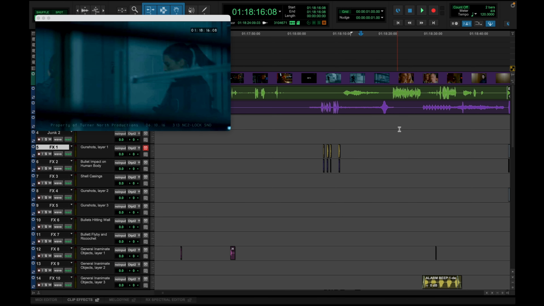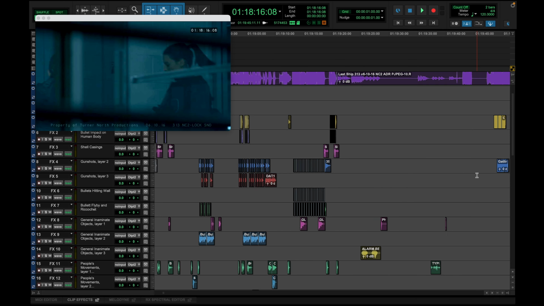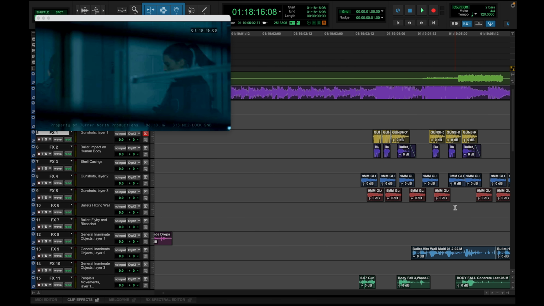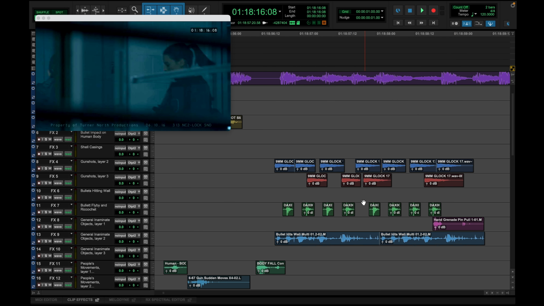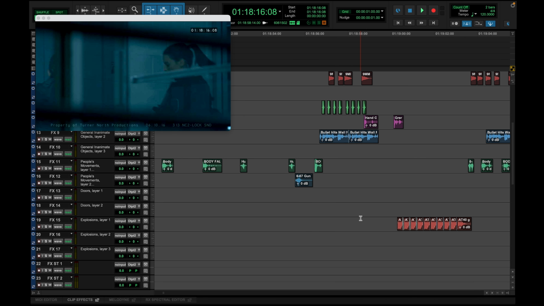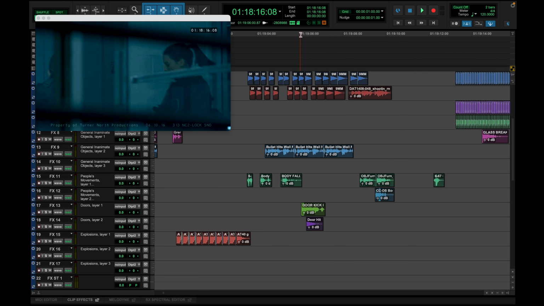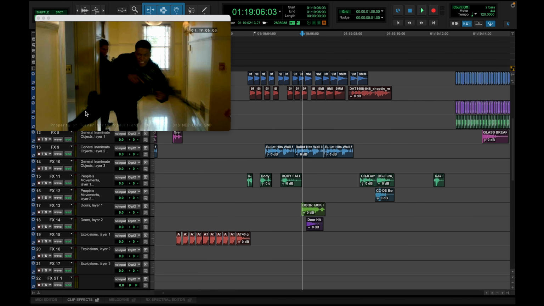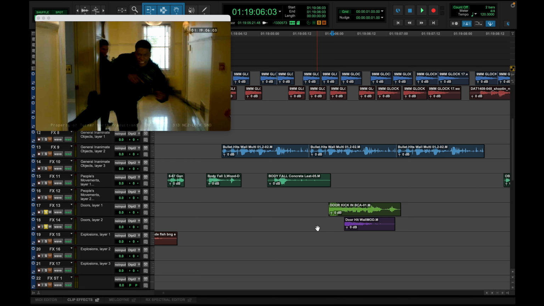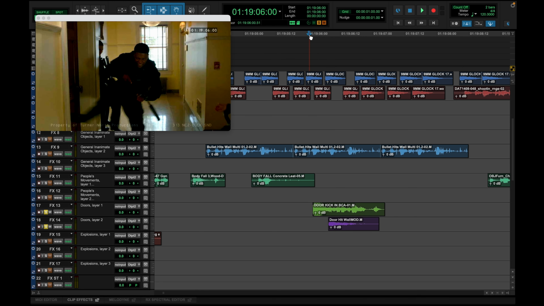So I pretty much just ended up cutting multiple different effects. If you can look through here, we have layers of gunshots, we have shell casings. We have debris, bullets hitting the walls, other movements of people on screen, or if we have, let's say, for example, a door knock, or in this case, the door getting kicked in, I layered it so it could be, for example, the door getting kicked in and then the door slamming against the wall upon impact. So if we look here,